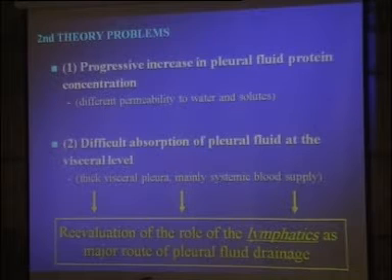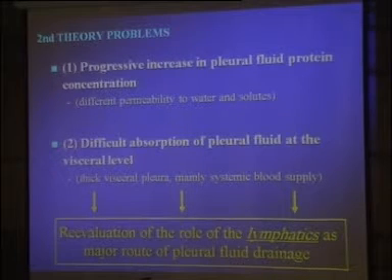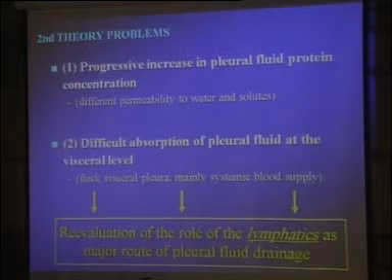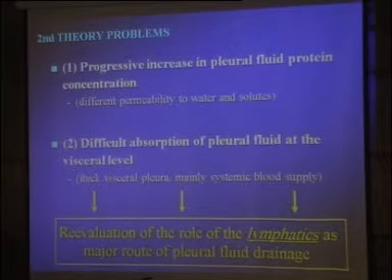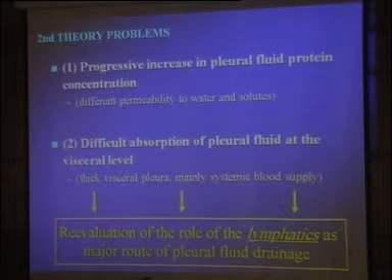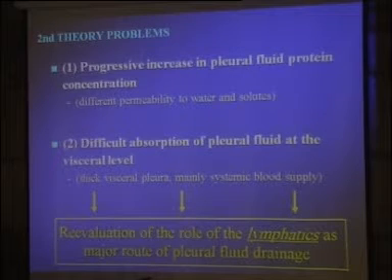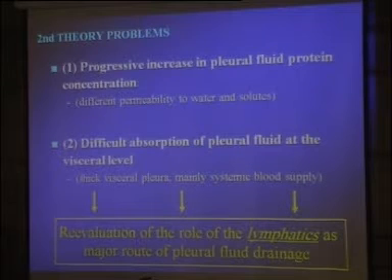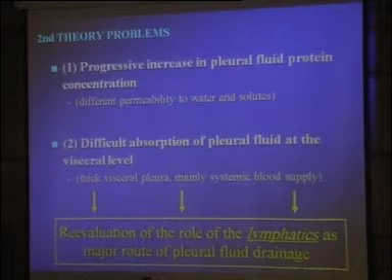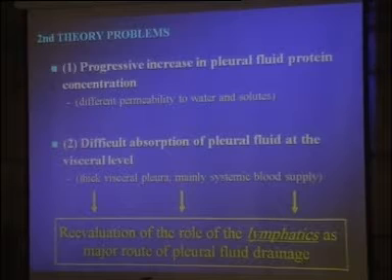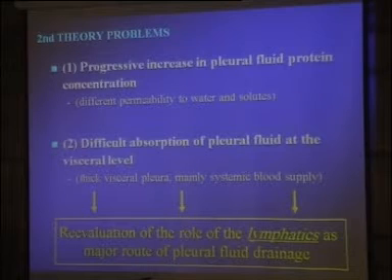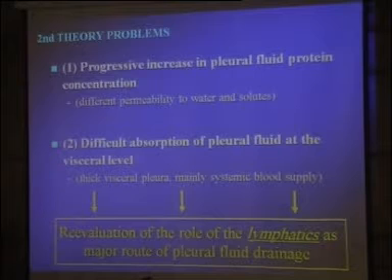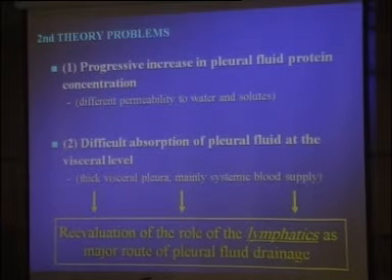You have to know that the visceral pleura is thicker than the parietal pleura, between 20 to 100 fold thicker. You have to know also that it depends on the animals. For instance, for small animals, mouse, rats, rabbit, and cats, the thickness of the parietal and visceral pleura is the same. But for big animals, goats, sheep, dog, and human for sure, there is a difference in thickness between visceral and